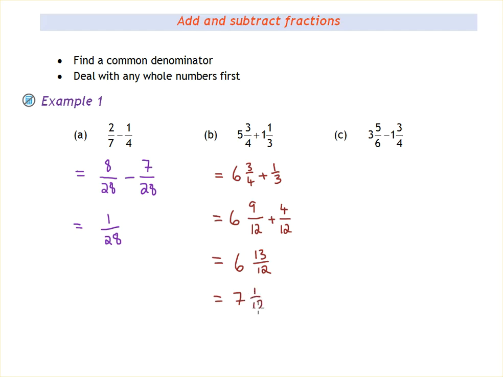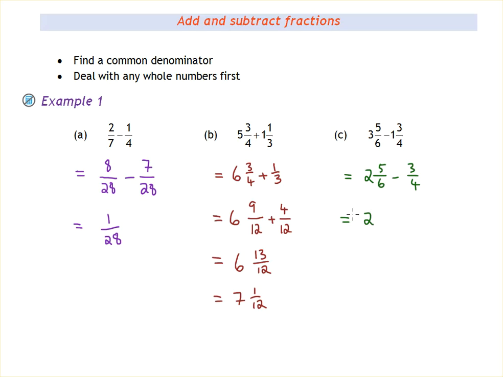And then the final one here in this set, we have 3 and 5/6 take away 1 and 3/4, and the first thing to do is the whole number, so 3 take 1 giving us 2, that leaves us with 2 and 5/6. We still need to take away this 3/4 here. Common denominator is what we need,